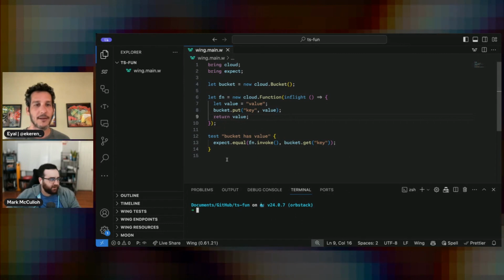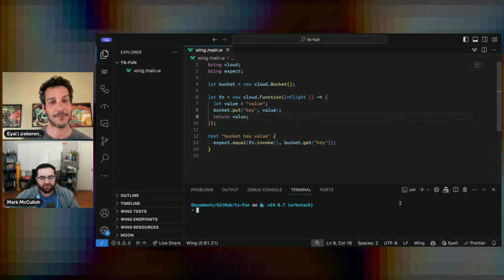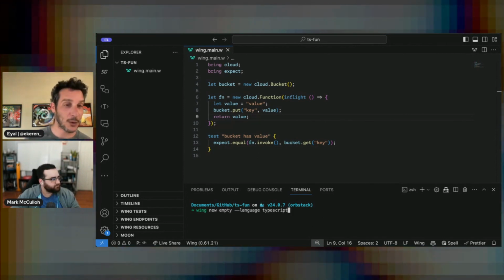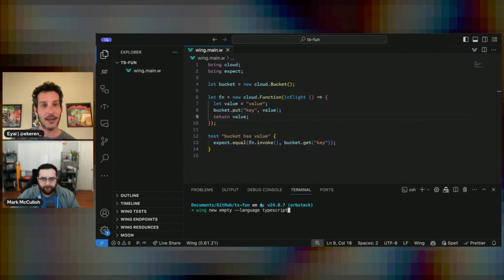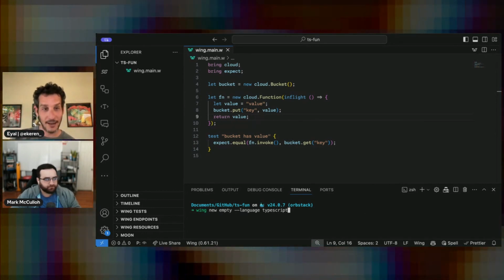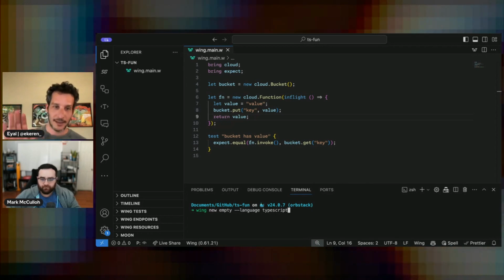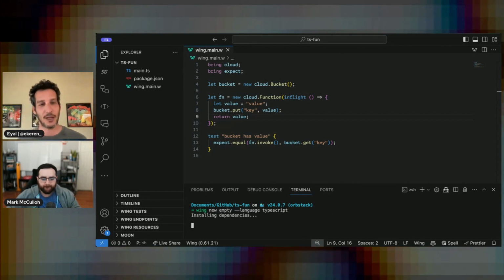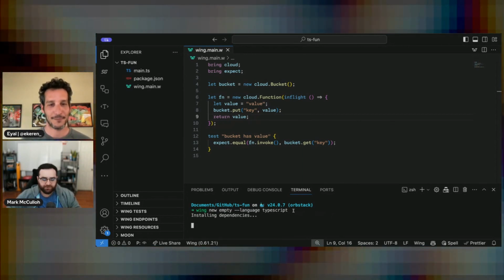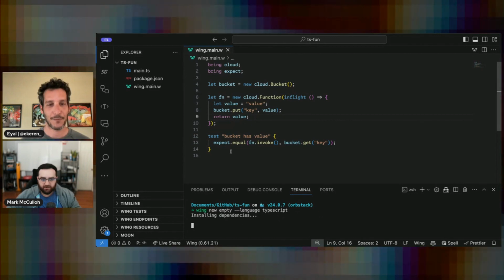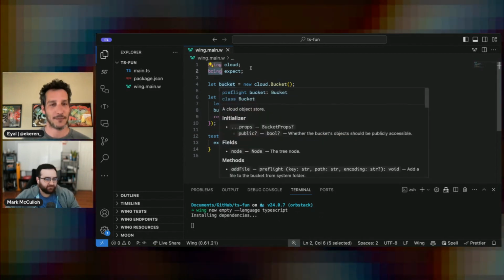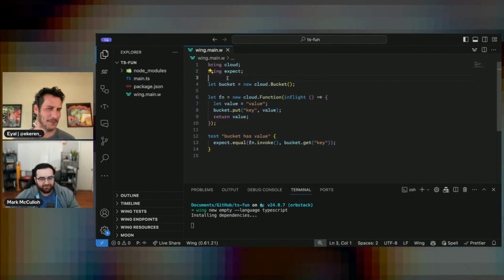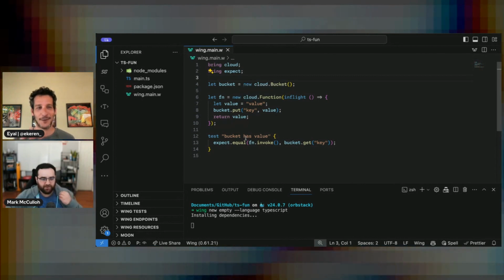I haven't tried doing this with AI. I don't know if AI would be able to do it automatically. So I'm seeing creating cloud resources, so there's a scope, there's the ID, there's some capturing, lifting, permissions. Test bucket is also an idiom of Winglang. That's what I'm saying. There's so much happening here. Even bring is very important. That's one of our famous keywords. How can you match this? Import is not the same. It doesn't have the same feeling.